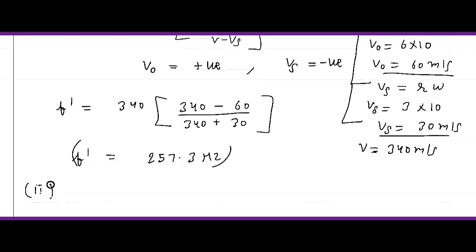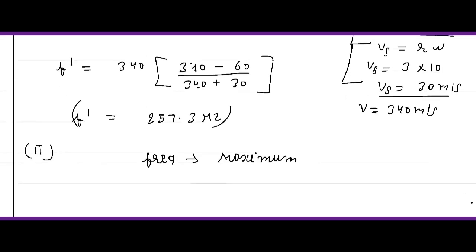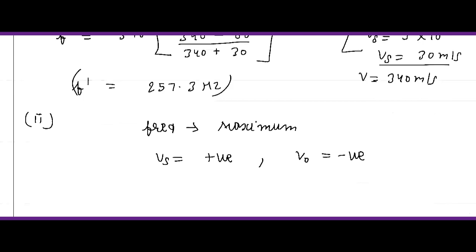Case second: source and detector approaching. In the case of approaching, the frequency is maximum. So in this case Vs is positive and V0 is negative. Now we can find